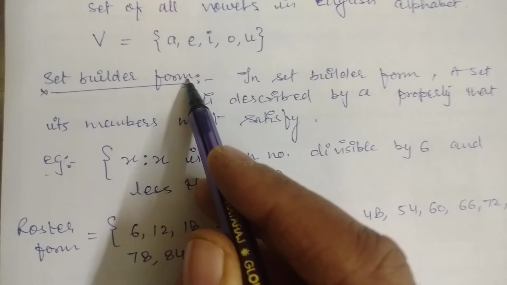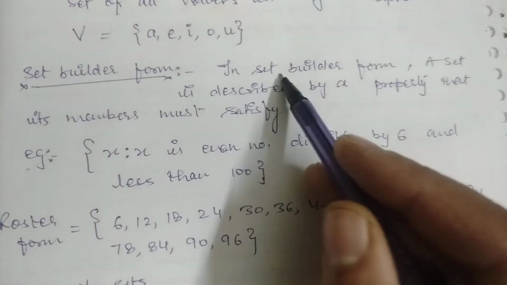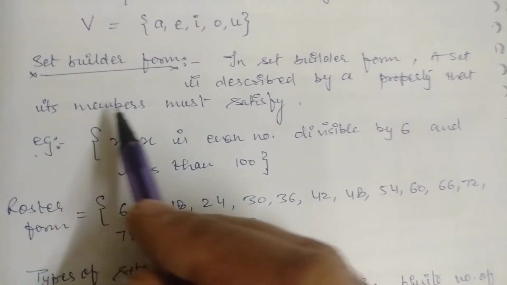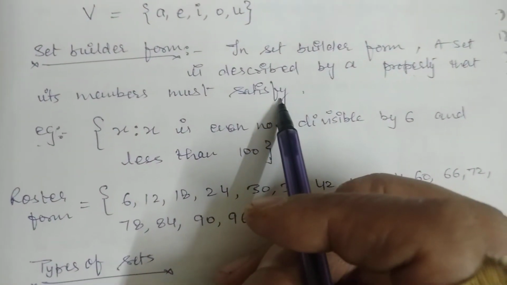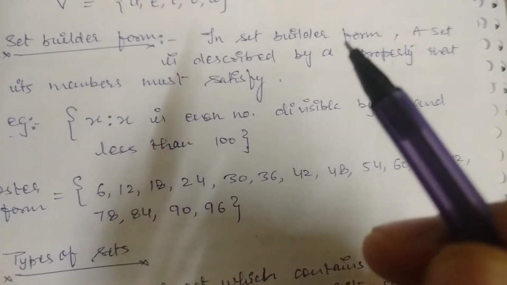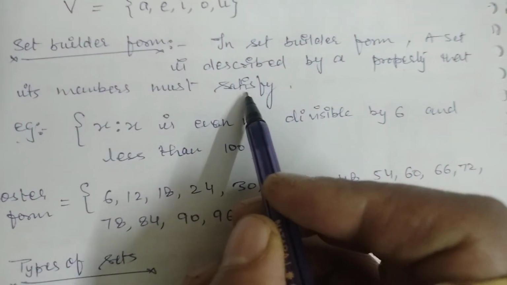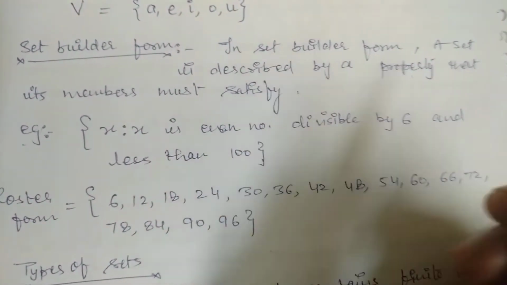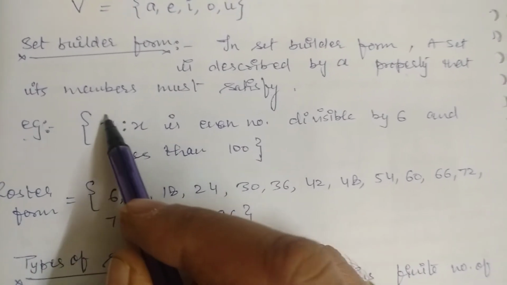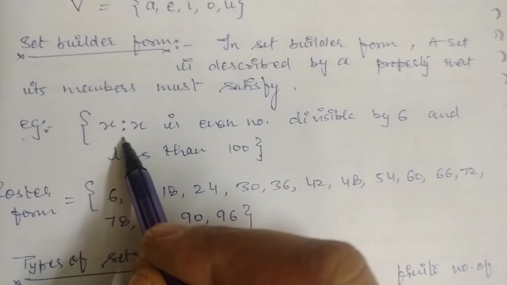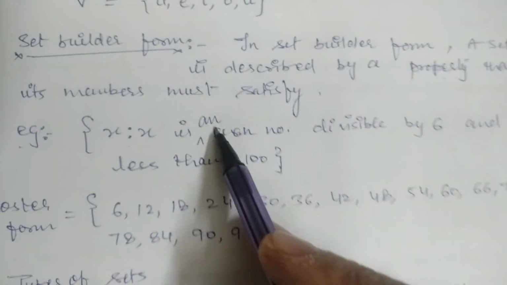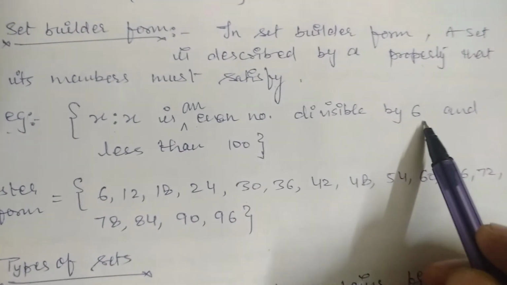Set builder form. In set builder form, a set is described by a property that its members must satisfy. So in this form, we write the property that should be satisfied by each and every element of the set. For example, we write x such that, meaning there are elements x in the set such that x